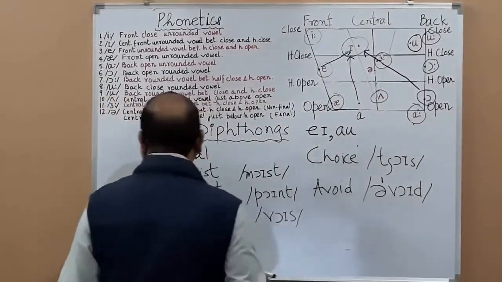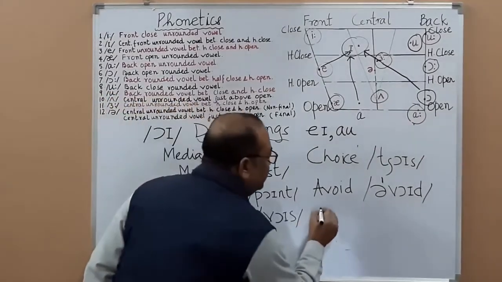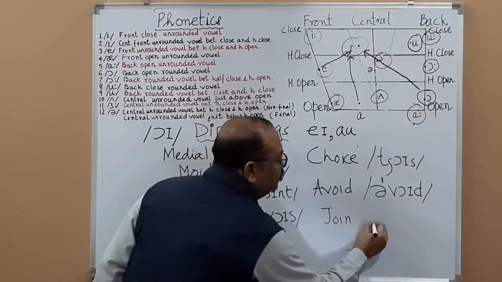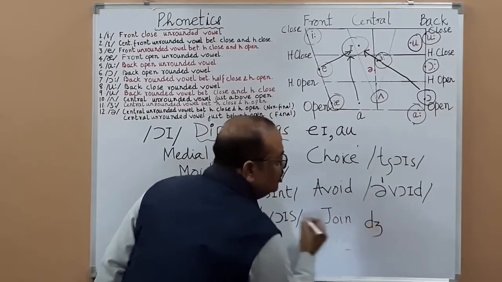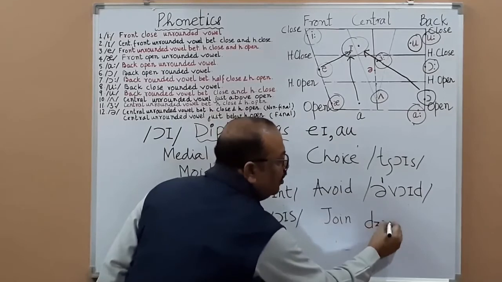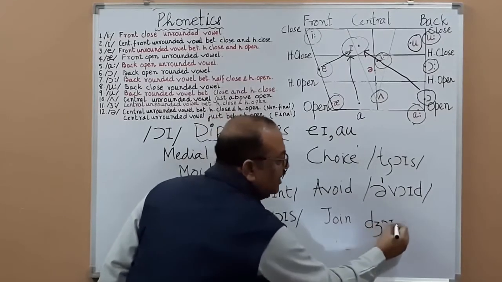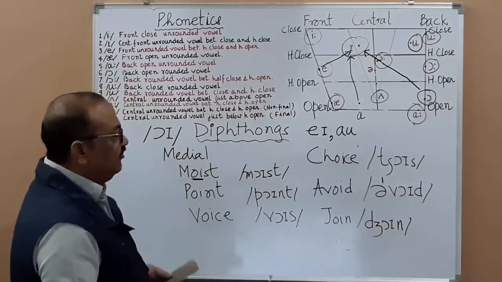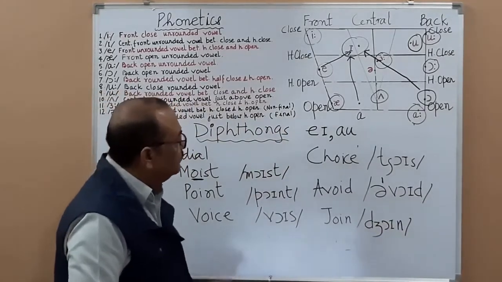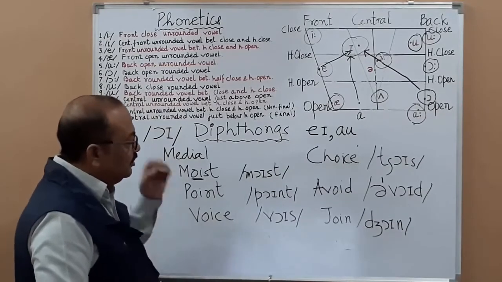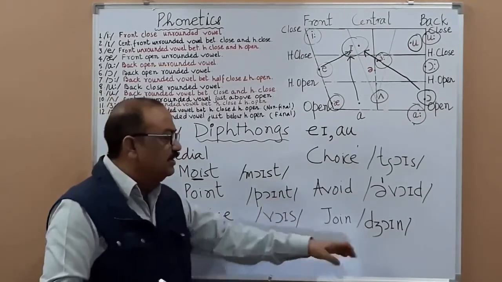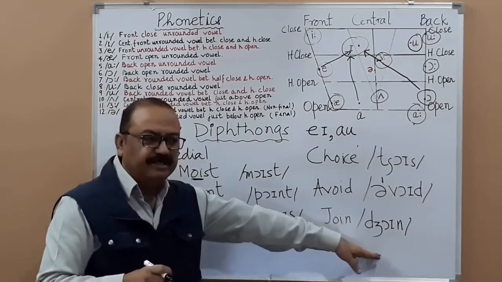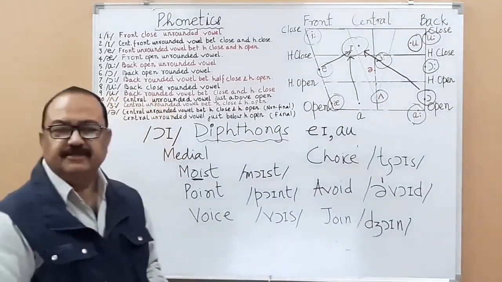And yes. Join. Okay, good. Join. You write it like this: j, OE, n. Join. See, transcription is so easy. It's not difficult at all. You have to pay attention. If you are paying attention, you know how the sound is being produced, then just go along with the sound and you can transcribe it rightly. Okay? Yes. This is okay?